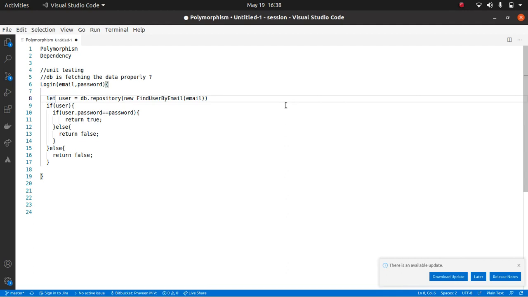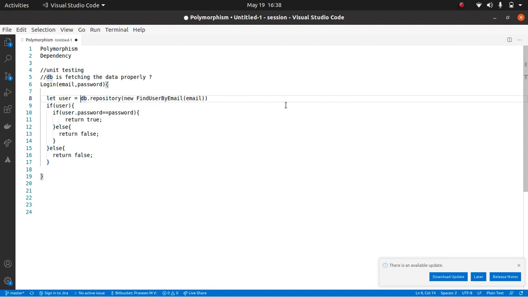Say for example, it found the right user, but the password is not matching, then what should happen? Let's say it found the right user, password is matching, then what should happen? Let's say it didn't find the user, then what should happen?